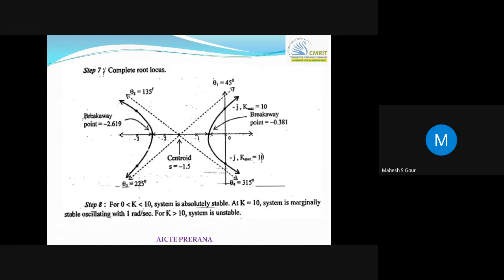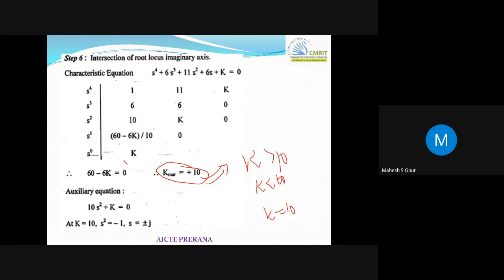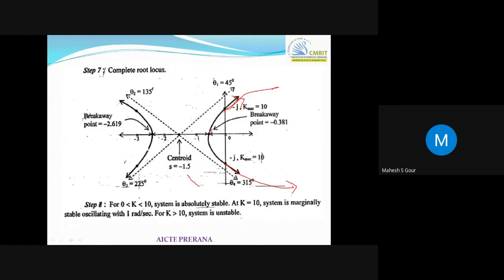Now here I can clearly tell that if K is more than 10, what is happening? The root locus is directly pushing to the right-hand side of the s plane. But here you can't see that. Here we can just tell, with the assumption that K is greater than 0, it will be a stable system. How? When K is greater than 0, the root locus will try to push itself to the right-hand side, so your system will move to the right-hand side and become unstable. You can clearly see it in the pictorial.